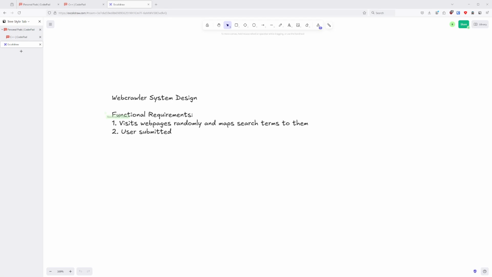User submitted search terms should return a list of web pages that in theory are relevant to those search terms. Okay, so those are the two functional requirements of this web crawler. We can start with those for now. And then for non-functional,